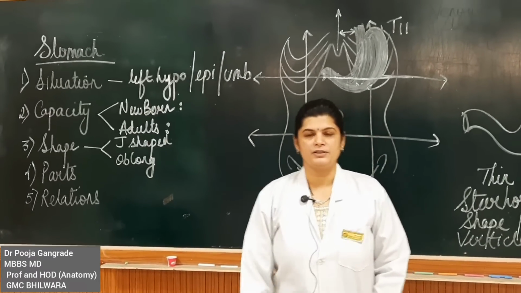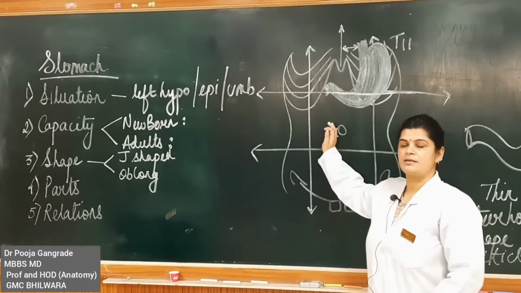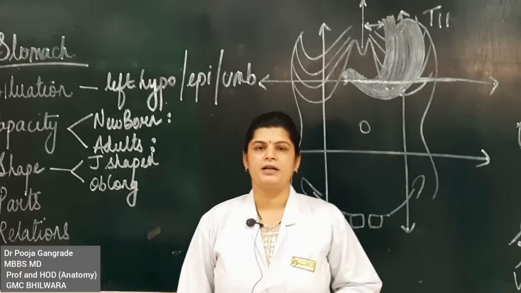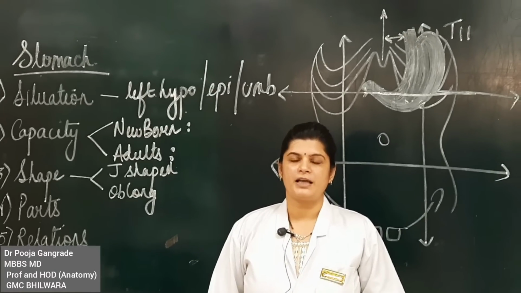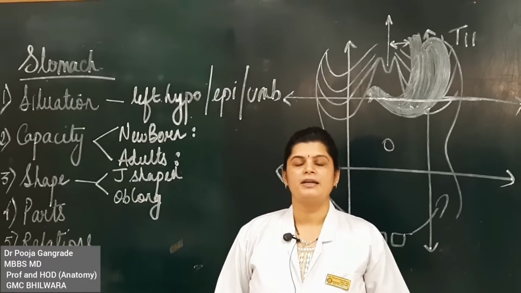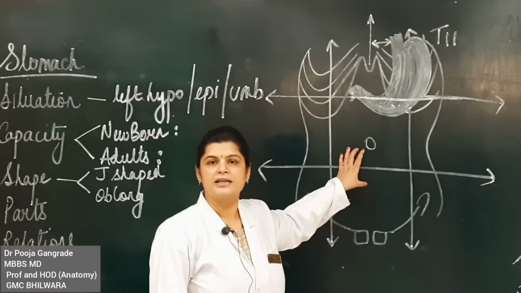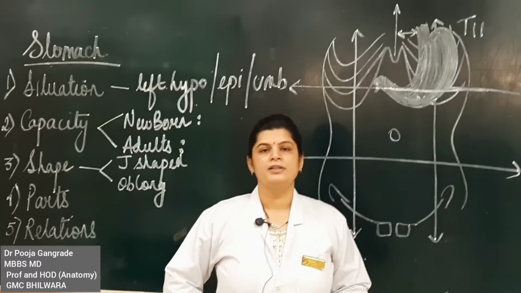We'll carry on further. So let's start with the first thing, situation. Where is the stomach situated? We all know that the stomach is situated in the upper abdominal part. That is as per layman language. But in case you have to write down in anatomy, what are you going to write down? Where exactly is the stomach situated? So let's come down to this diagram where we discussed already the 9 quadrants of the abdomen.